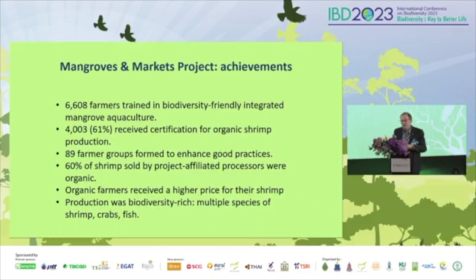They received a higher price for their shrimp, as I said, and particularly because the pond was restored back to a very productive integrated mangrove pond system, they also benefited from the biodiversity richness, which was there in terms of all the other species of fish and wild shrimp that were incidental catches,